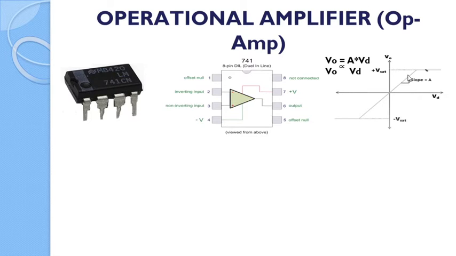But after a certain limit, the output voltage will saturate, and this voltage is referred to as plus Vsat. The plus Vsat is always less than the positive reference voltage, and the minus Vsat is always greater than the negative source of the op-amp. So this will be the maximum output that our op-amp can achieve.